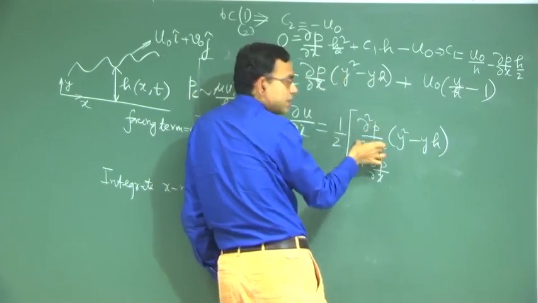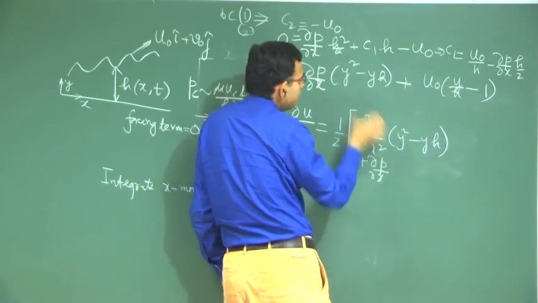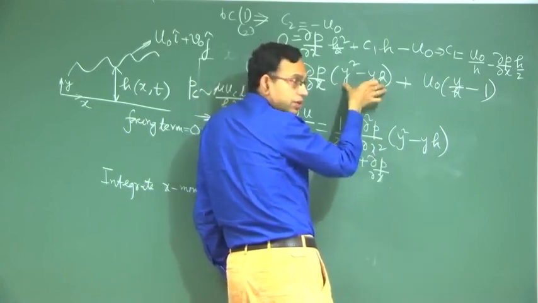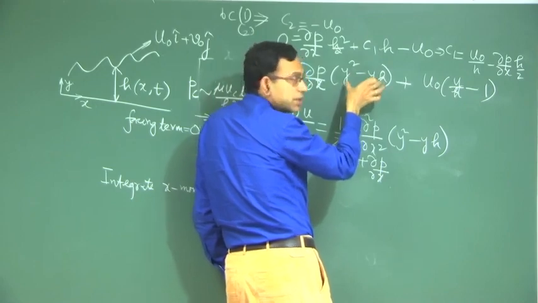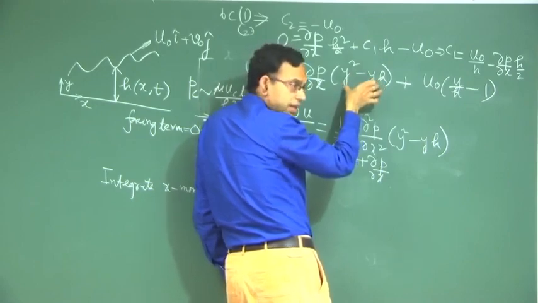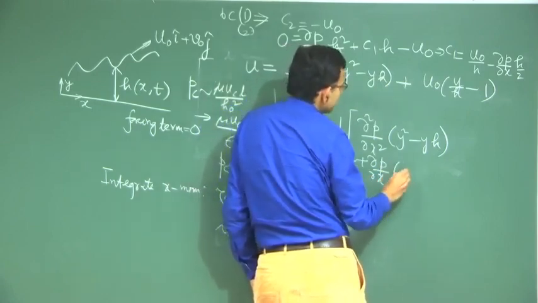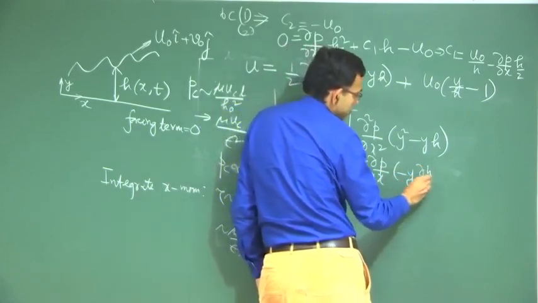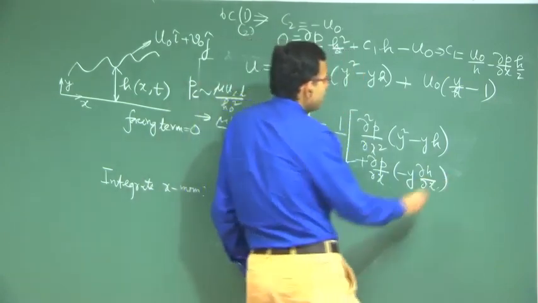First derivative of this with respect to x, this as a constant, then this, then derivative of this with respect to x. What will be this? Which term is a function of x here? H, right. So, what will be that? Right. And for the second term,